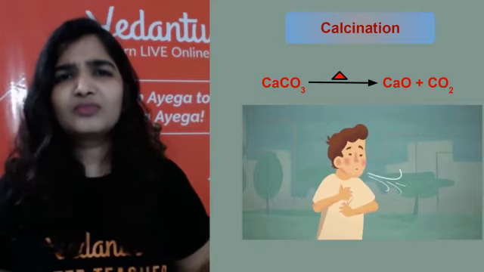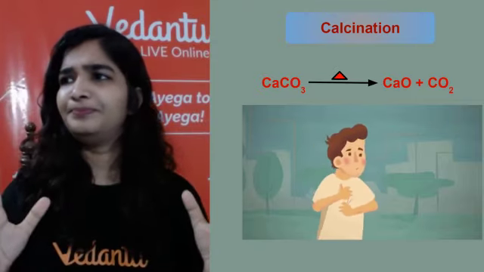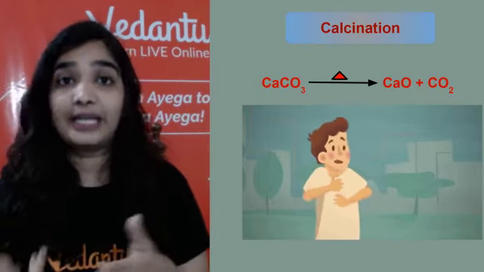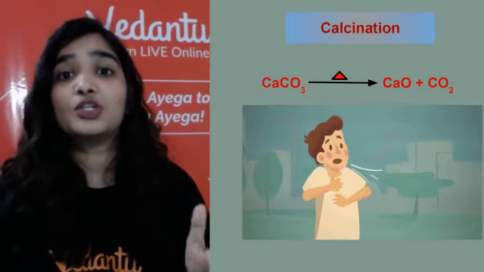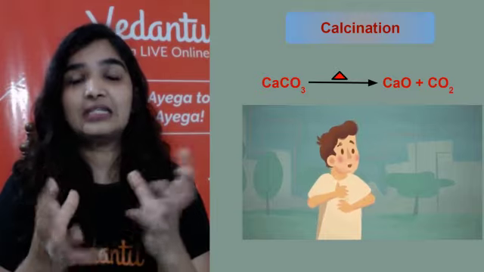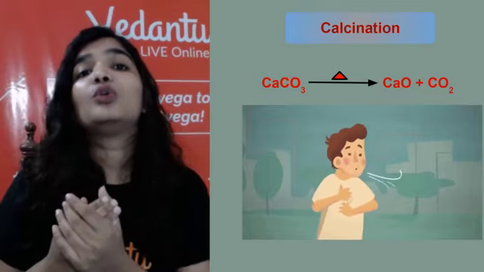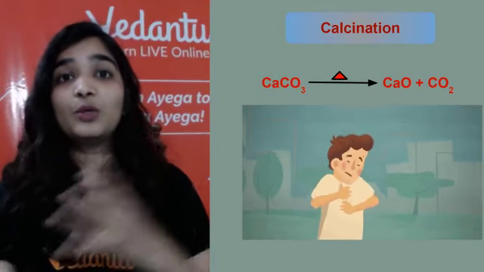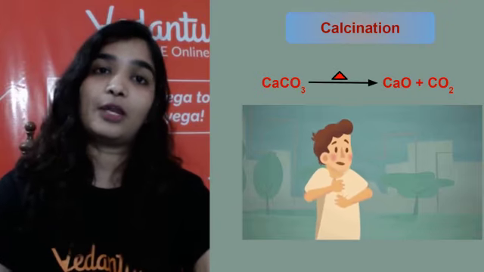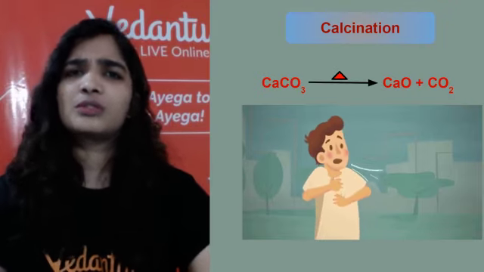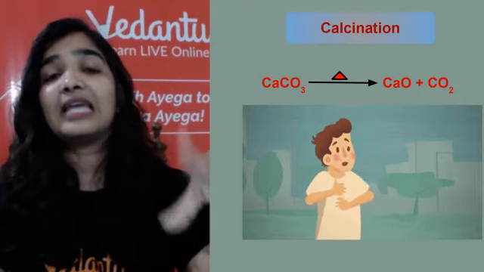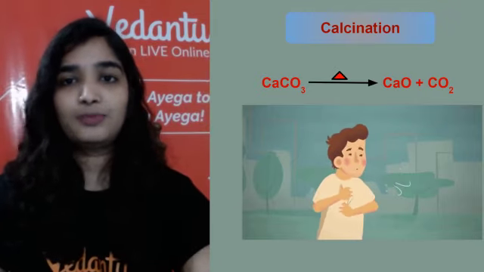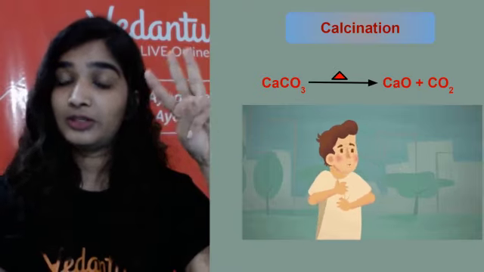You know how you feel when you are in a closed room, so that is how this reaction takes place, because there is a limited supply of oxygen or air. When carbonate ores are heated, they are converted into oxides. Here calcium carbonate, when heated, gives calcium oxide and carbon dioxide. You can use any carbonate ore; when you do this calcination, you end up with the metal oxide and carbon dioxide as products. So roasting and calcination, third reaction done.